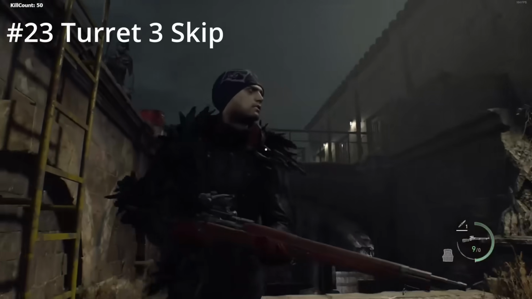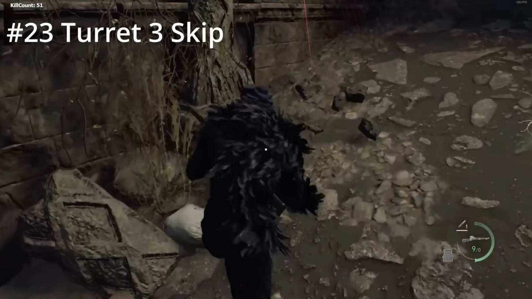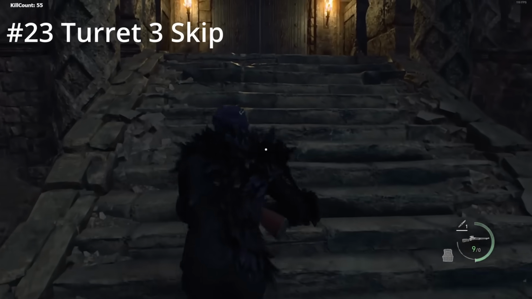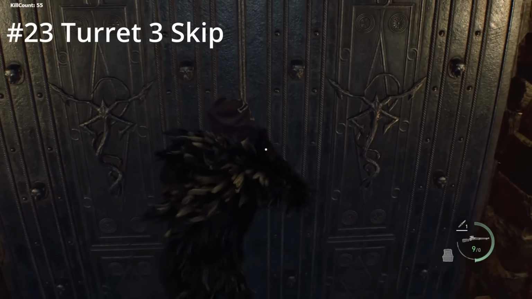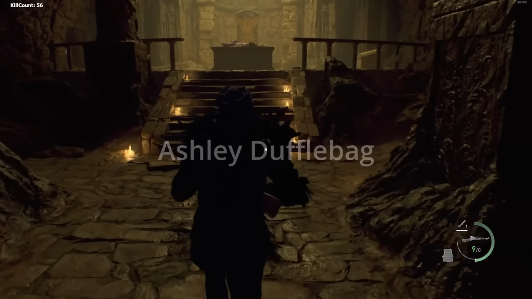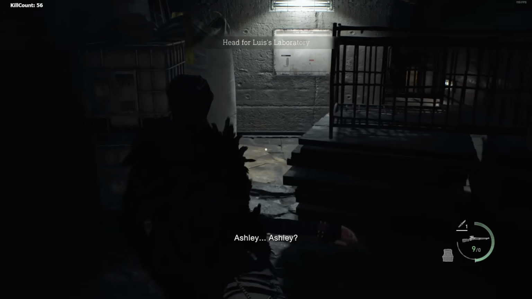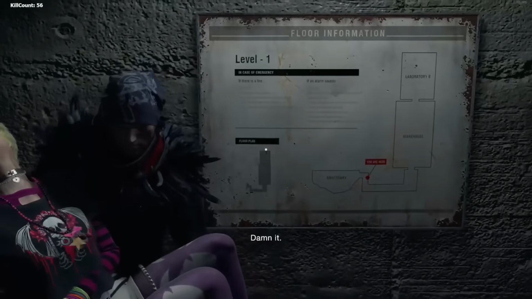Here's Turret 3, where you want to get rid of the rocket launcher guy. Position yourself over here, do the scope, somebody will follow you, and get hit by the turret. And here's the Ashley Dufflebag that we've all been waiting for. So you have to get through that whole area without dying, by the way. And if you don't die after the first part, then you'll get this lovely little glitch that makes you go